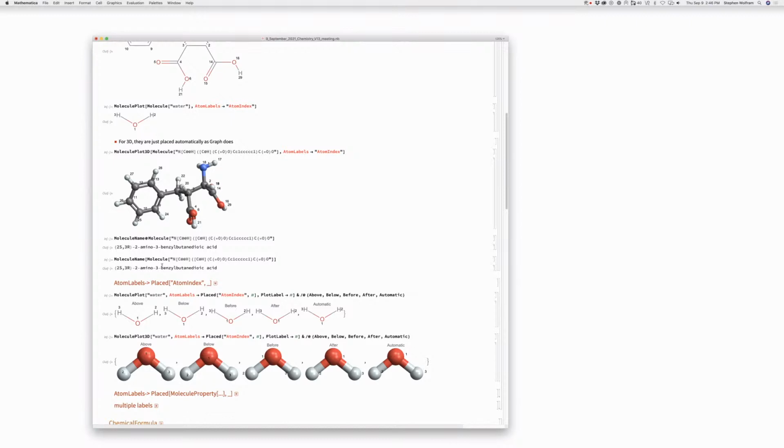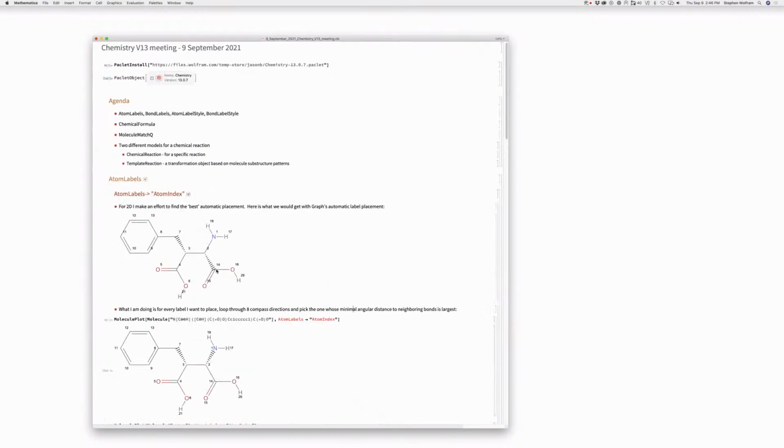Okay, so wait a minute. So you've got atom labels, and then you have bond labels also. Right, but currently bond labels will just place them directly on the center of the bond, which is what GraphPlot does, but it's not what we want to do. And placed above and right don't work currently in